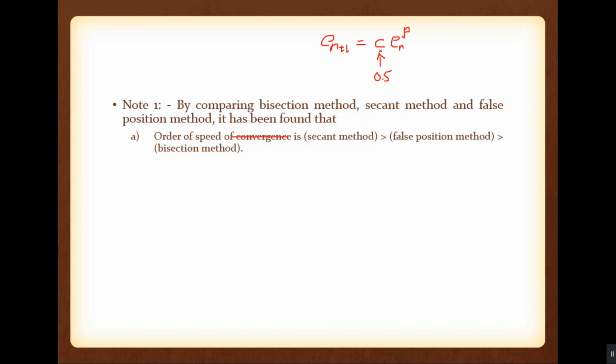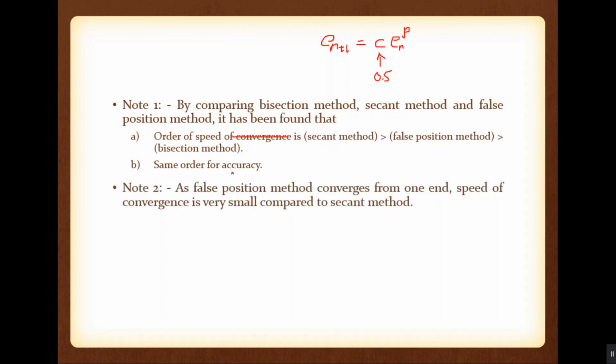So with respect to the number of steps required, the secant method is superior to the false position method, which is superior to the bisection method. So the bisection method is the least one. The secant method is the superior one. But from an accuracy point of view, both are giving the same accuracy. Same accuracy means the inaccuracy carried by all these methods is the same. It means if you are terminating the program, all are carrying the same level of error. That is what is meant by inaccuracy. Inaccuracy means error.